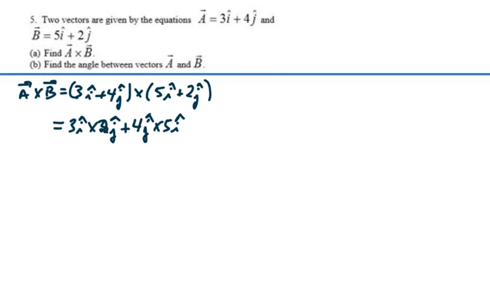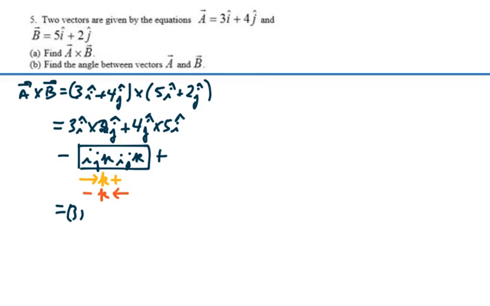Sounds good. If we use the mnemonic device, ijk, positive, negative, i crossed with a j will give us a k, and it'll be a positive. And if we go the other way, a j crossed with an i will give us a negative k, using this mnemonic device. So this is going to be equal to 3 times 2 times a positive k